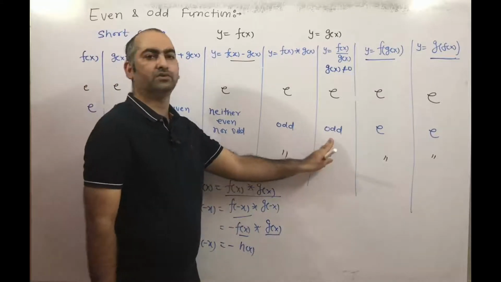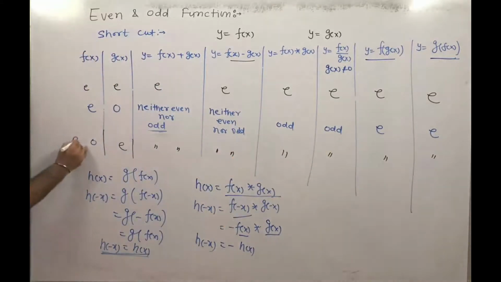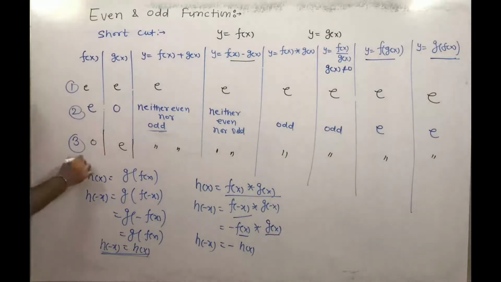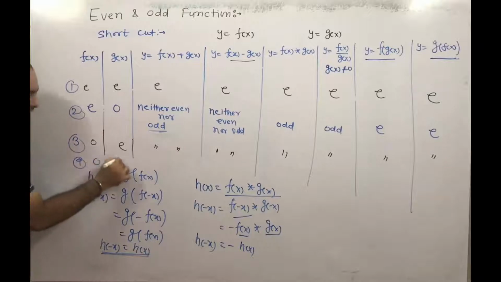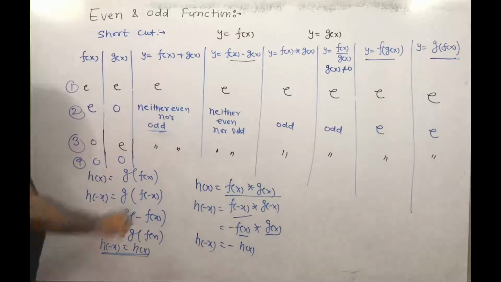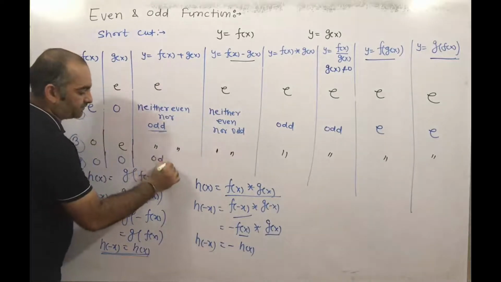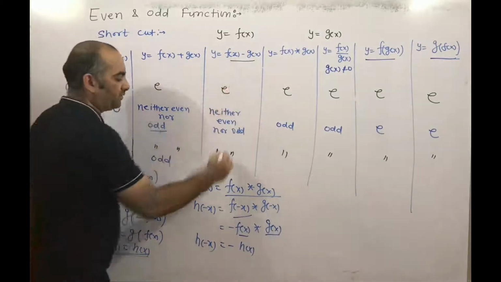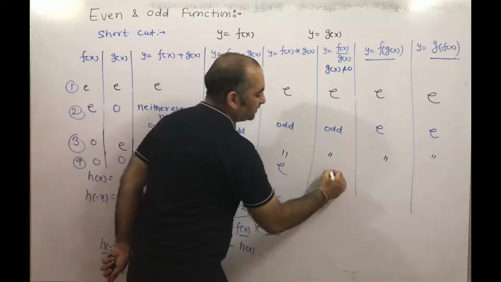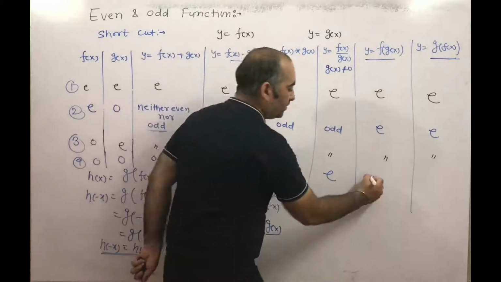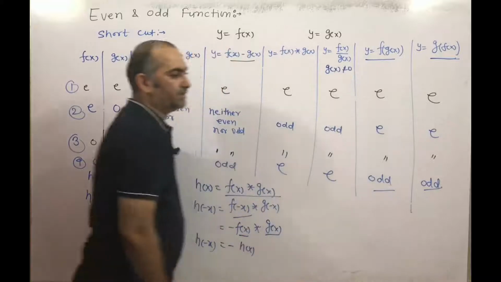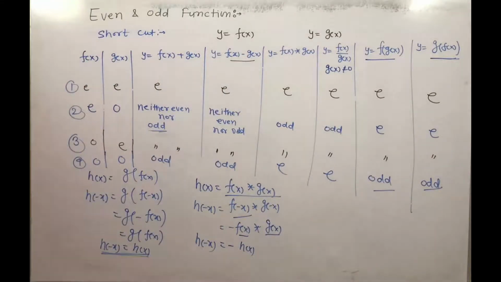Similarly, you can check this one also. So this is the third condition. This is first, this is second, this is third. Now the fourth one. This is odd and this is also odd. If both are odd, then this function will be an odd function. Similarly, this one will also be an odd function. This one will be an even function, and this is also an even function. And this will be an odd function, and this is also an odd function. So here, if you want to check, we can check easily.